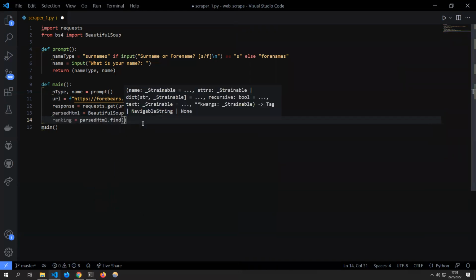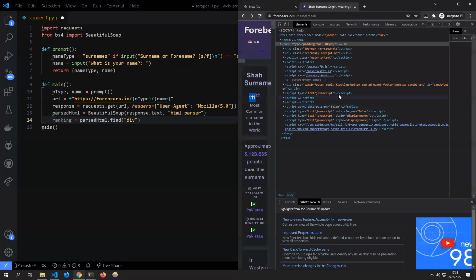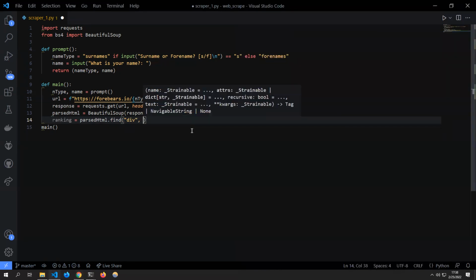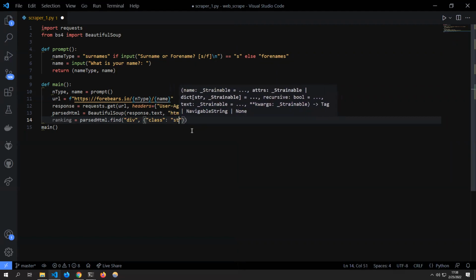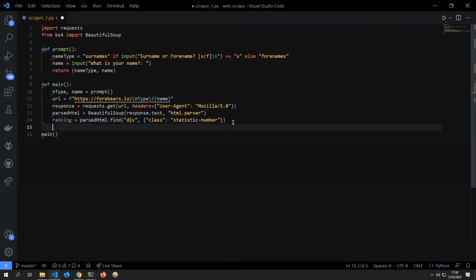dot find. So dot find lets me find any div. Like I said, this is a div right here, and I want to find it with class and the value of statistic number. So it'll just be a dictionary. It'll be class with value of, yeah, I have it copied. So statistic number. Just like that, this value, if I were to print it out now,